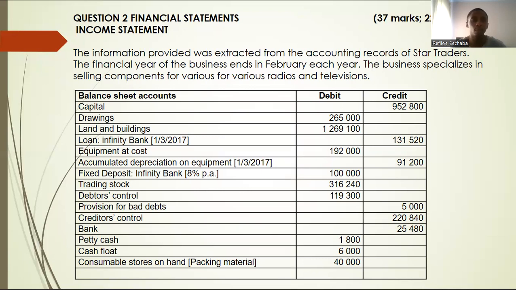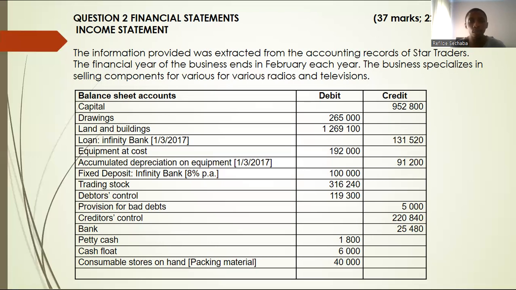The business specializes in selling components of various radio and televisions. Well, in this case, we are given a capital amount, okay? And the capital amount is 952,800. Because I'm focusing more on preparing the statement of profit or loss and the notes to the financial statements, and I don't have capital and drawing, so I will focus more on what needs to go to the income statement. So what I've noticed here is that we've got a loan, because obviously interest on loan will go to